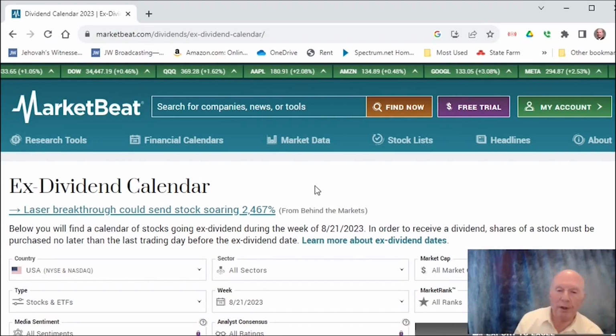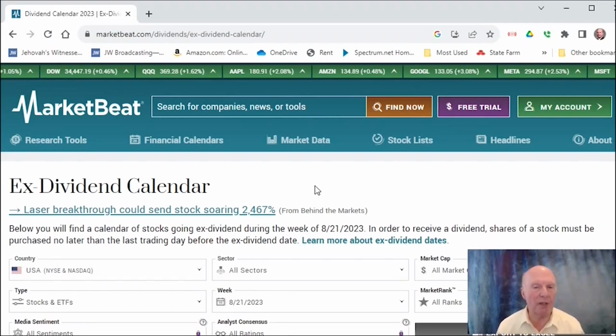So there's a date where a stock declares how much dividend it's going to pay, and it tells you when it's going to pay it, and it sets what's called an ex-dividend date. The ex-dividend date is the date that if you own that stock when the market opens on the ex-dividend date, and you hold it till the end of the ex-dividend date, so if you've owned that stock for that day, then you're the person that gets the dividends on how many shares you own that day. So people will purchase stocks